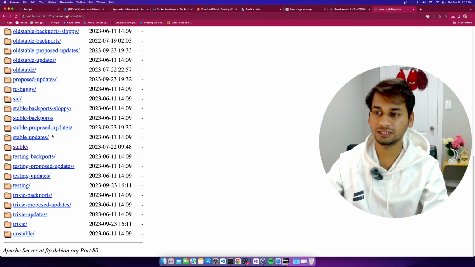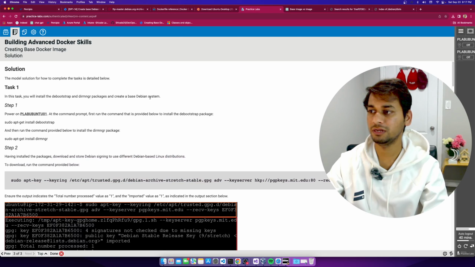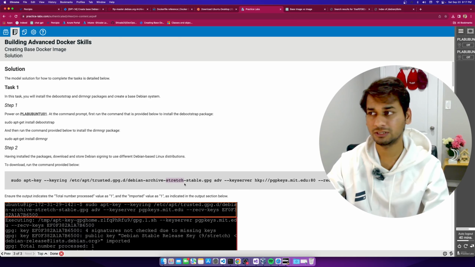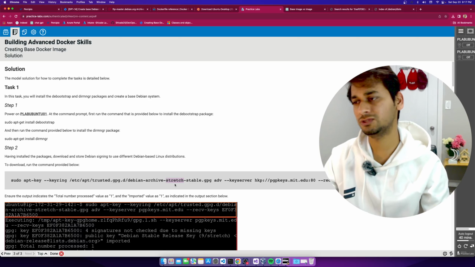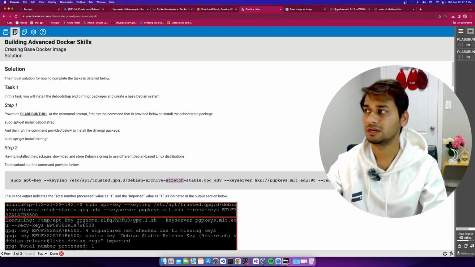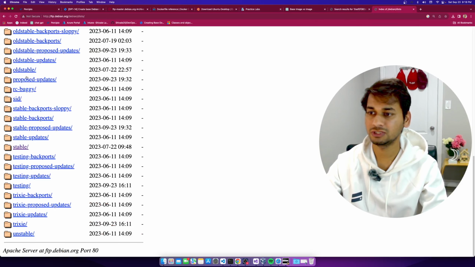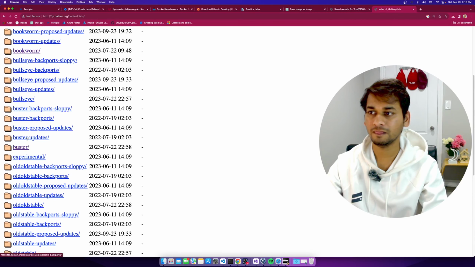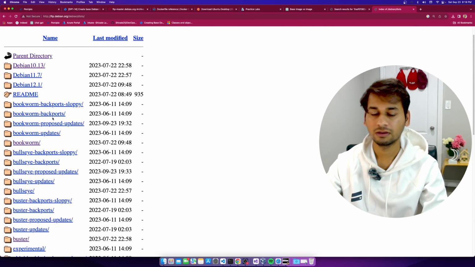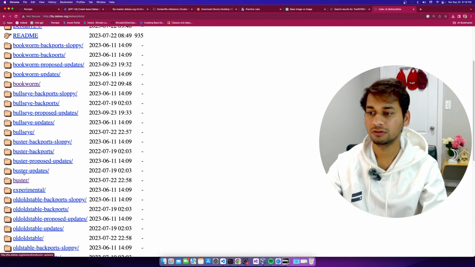Now search here, we do not have stretch anymore. As per the project, it is asking us to first download or create the Debian image, and it is for Debian stretch. We don't want to download the stretch. Why? Because it is no more available. If you check here, it is no more available. Rather, I have decided to download the Buster,